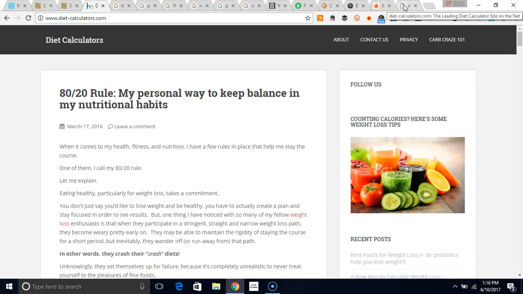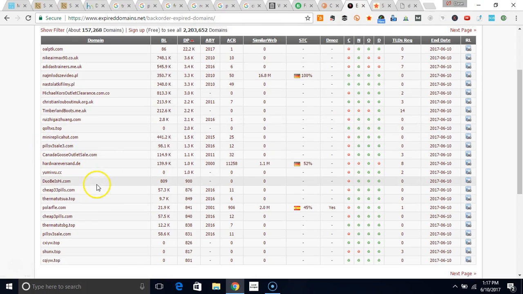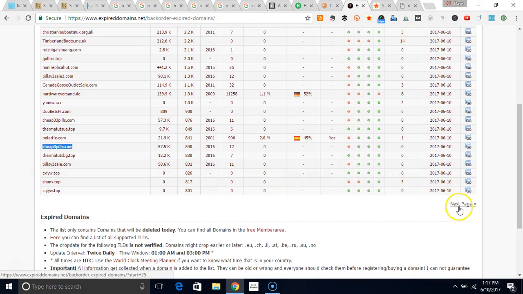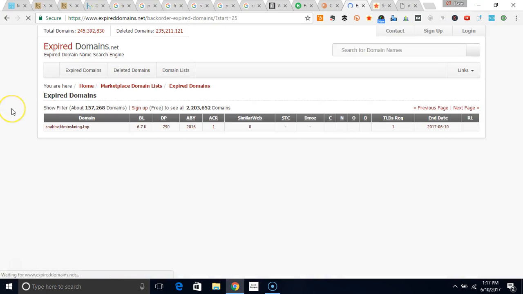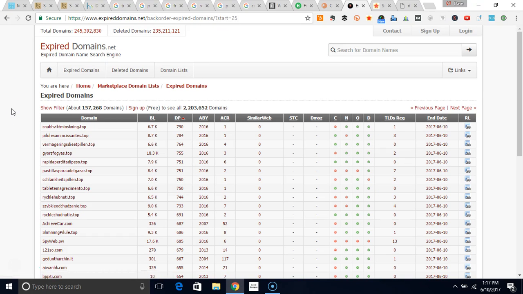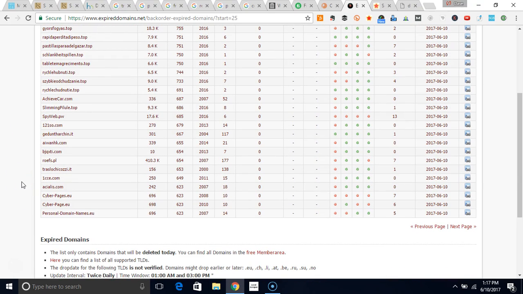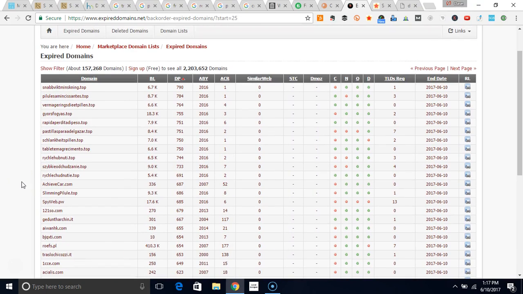Okay, so one of the things that you have to do is go in when you register the domain. So let's say we just picked up, you know, that's probably a spam domain, cheap3pills.com. How many times? It has 50,000 links pointing back to it. So if we picked up, let's say, and again, this is a very time-consuming process to find the right expired domains with the right metrics that we want. But let's say it is diet calculators, and we got